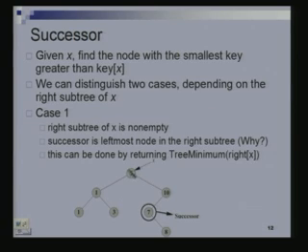So the picture is, this is the node whose successor we have to find. Right subtree is non-empty. There is a right subtree, right? It exists here. Then what do we have to do? So then we know that the key which is larger than this, right?